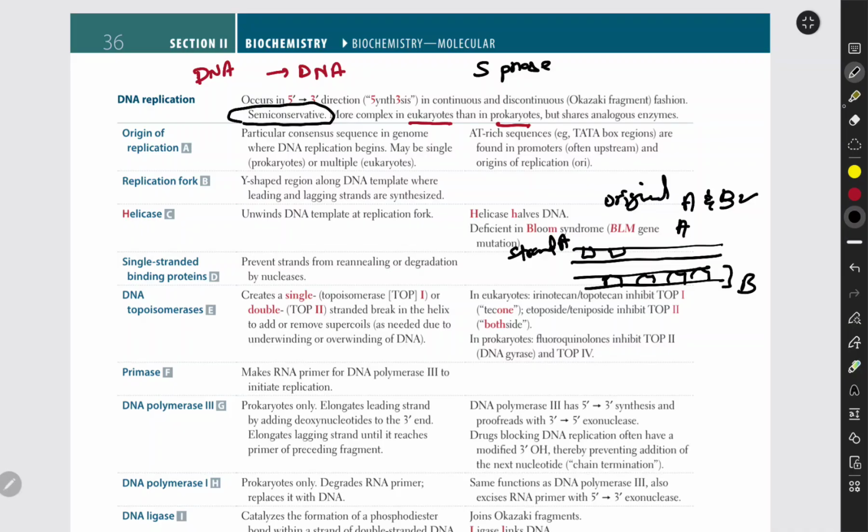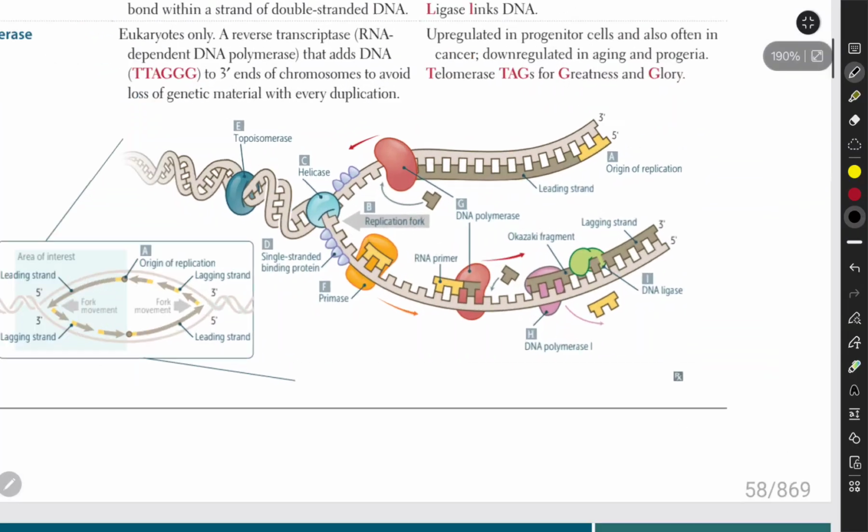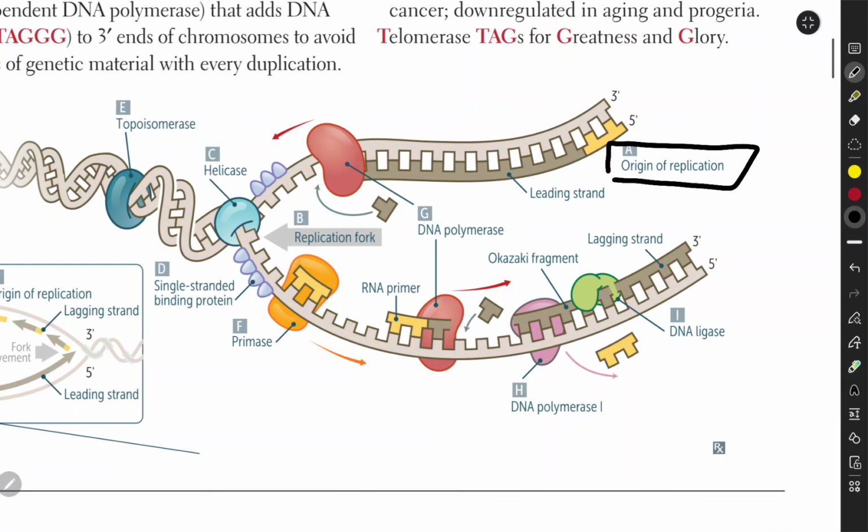The second thing that you need to remember is that there are two strands, right? For example, let me show you. This is the origin of replication. I will be going over this. There is one strand in the 3' to 5' direction and one other strand in the 5' to 3' direction. You need to know that DNA synthesis occurs only in the 5' to 3' direction. So that's the only direction that it will work. So this is the strand that will be completely synthesized in a continuous fashion by the DNA polymerase.